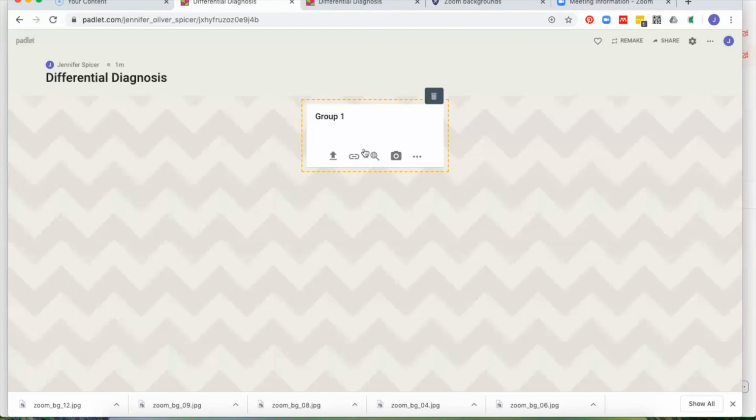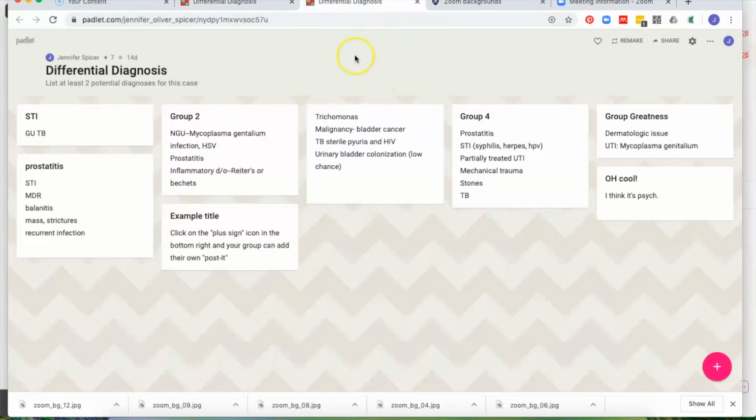Padlet was free, and I just found it when I was searching for tools, but there's a lot of similar things out there. So here's what one of my sessions looked like when I asked a group to create a differential diagnosis for this young gentleman who was coming in with dysuria. And you can see here that each group had a different note, put their differential on there,